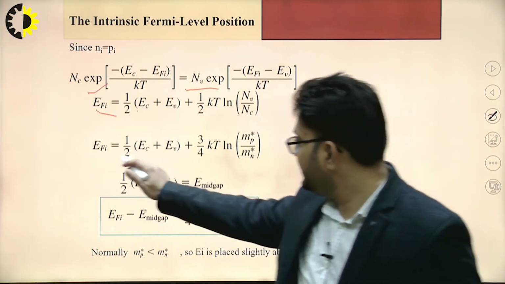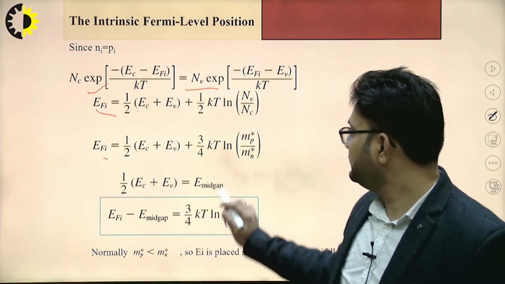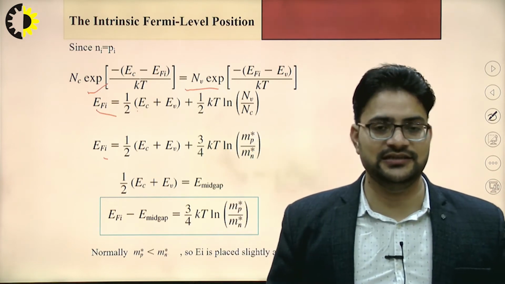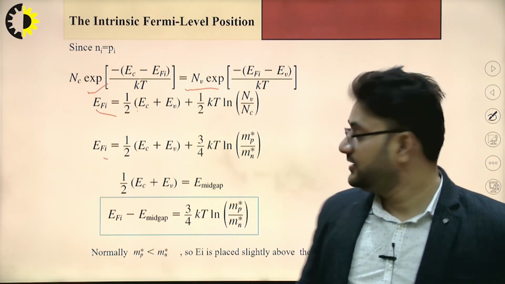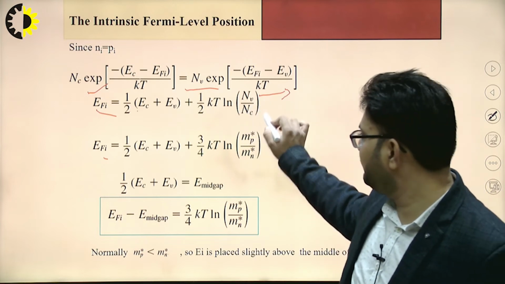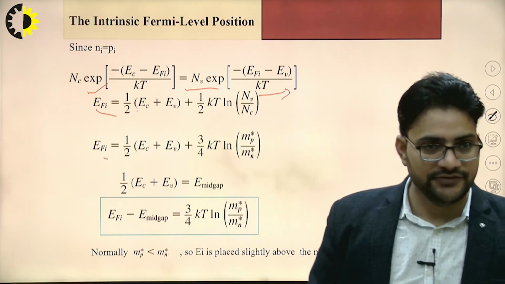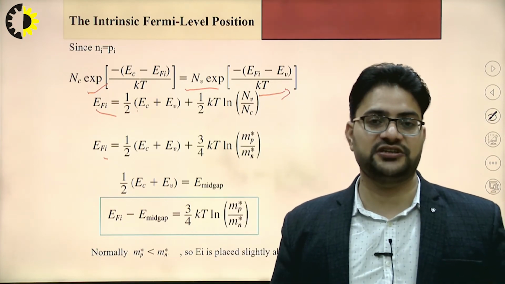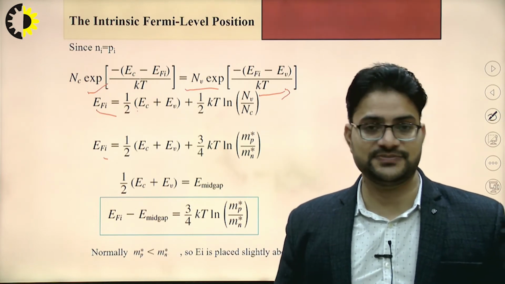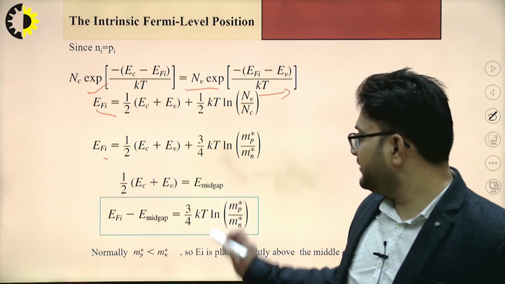So Efi is equal to half of Ec plus Ev plus 3 by 4 kT natural log of mp asterisk divided by mn asterisk. What I have done is, I have put the values of Nv and Nc in this equation, and I have got this equation, where mn asterisk and mp asterisk are called the effective mass of the electron and the effective mass of the holes respectively. So if you see carefully,